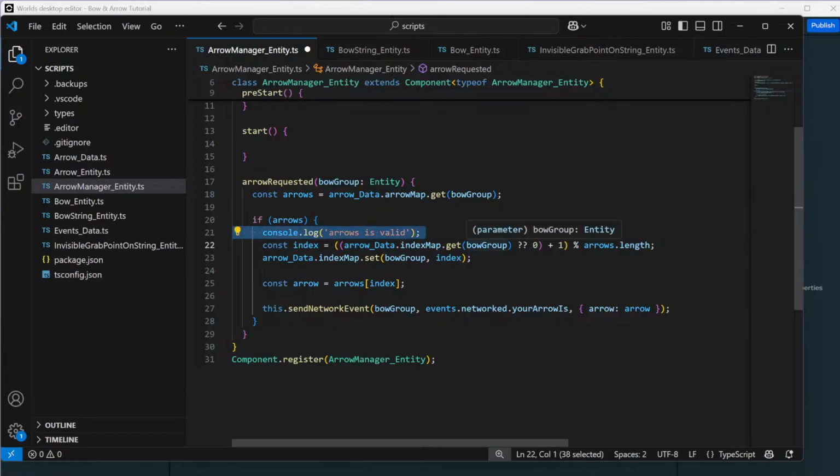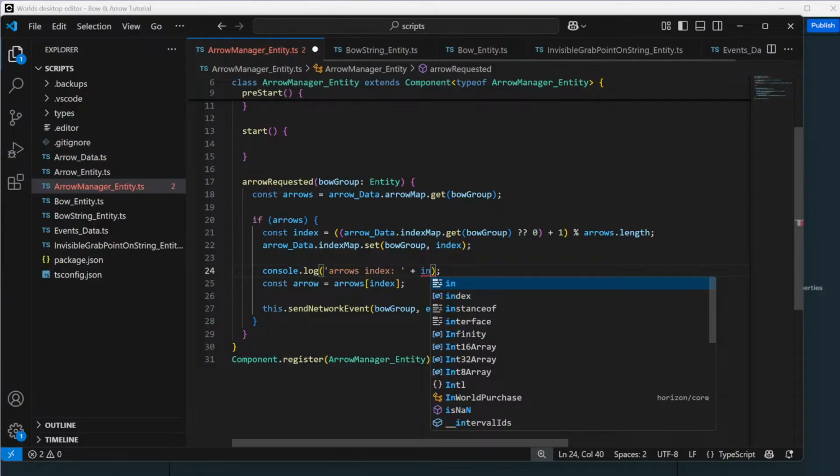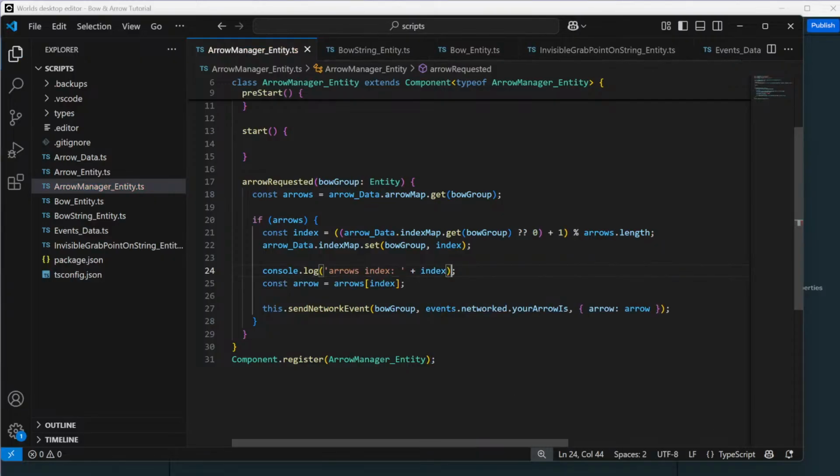So then arrow equals arrows at index. Let's move this down here and then add arrow index as our console log, and then plus the index, control save. And we want to make sure it's a 0, 1, or a 2. Your arrow is arrow. We pass the arrow. Send network event to the bow group. Oh, we sent the network event to the bow group, not the requester, because we,